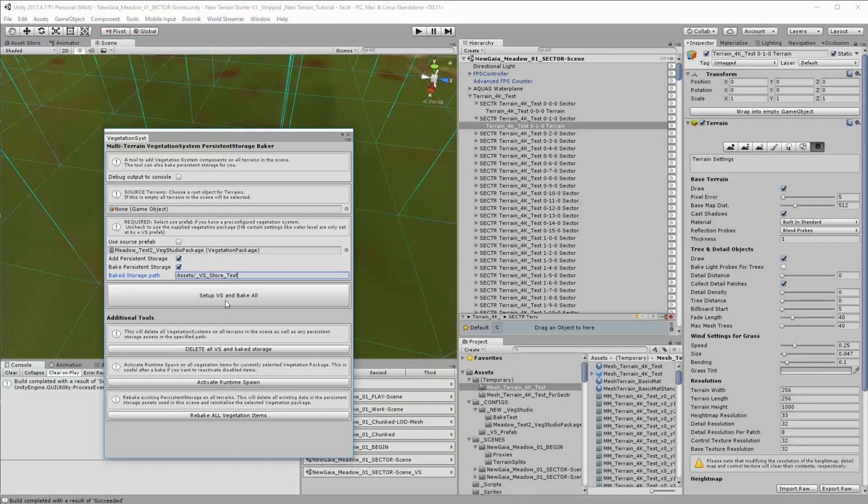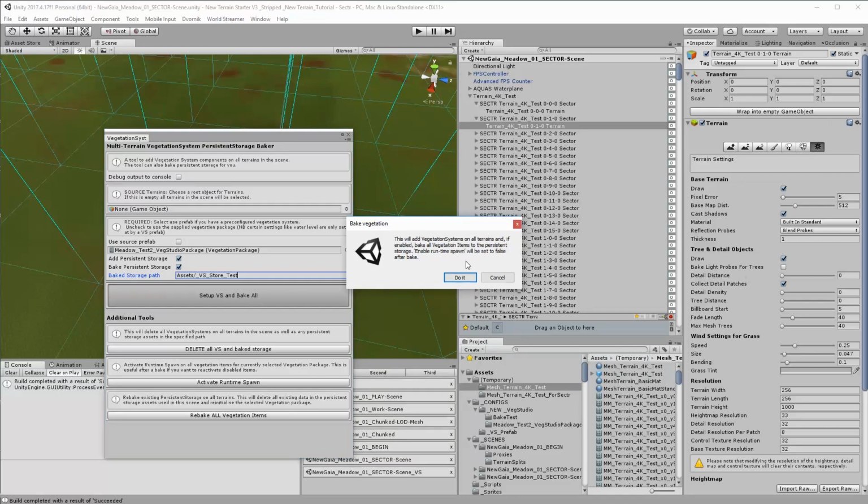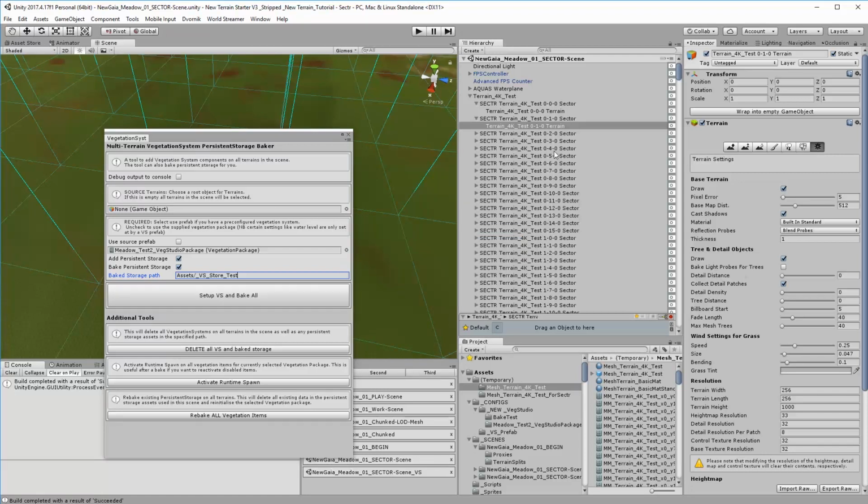And if I click setup and bake, it's essentially telling me this is going to take a while. It'll depend on how many tiles you've got, and on the number of vegetation items you've got. I guess I should make it plain that I'm working in Unity 2017.4.17, and therefore I can't use Vegetation Studio Pro, which, if you saw the recent Messy video, makes this process much easier. But for 2017 and the normal Vegetation Studio, your best option for this kind of streaming setup